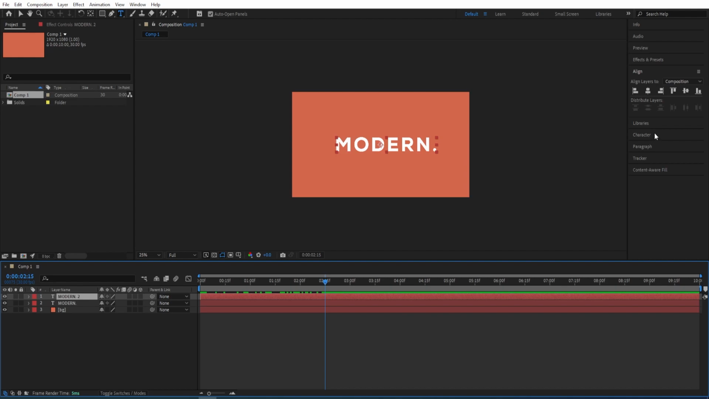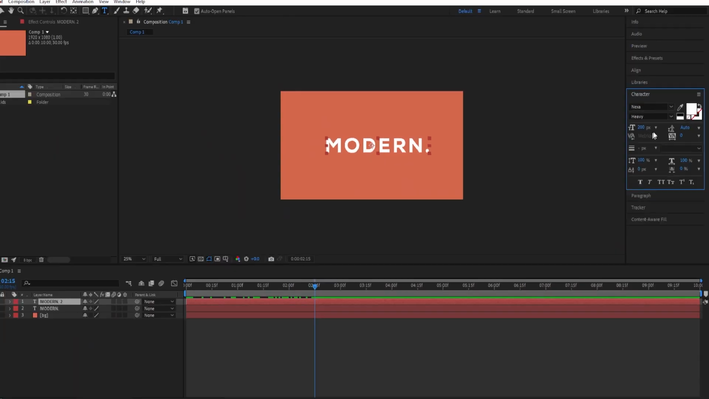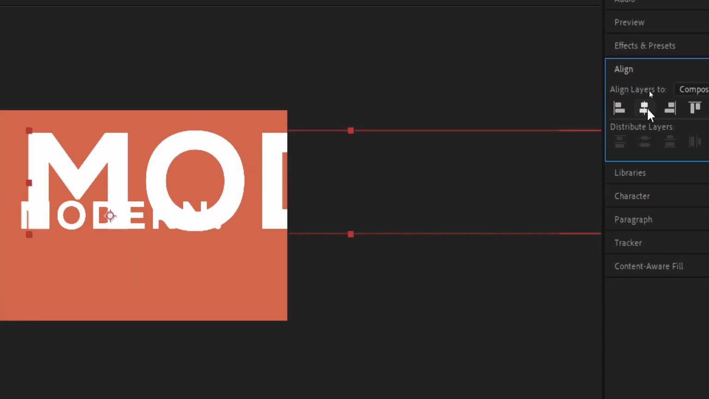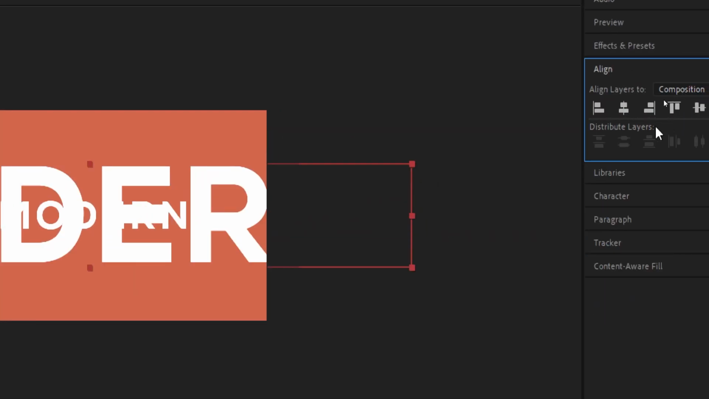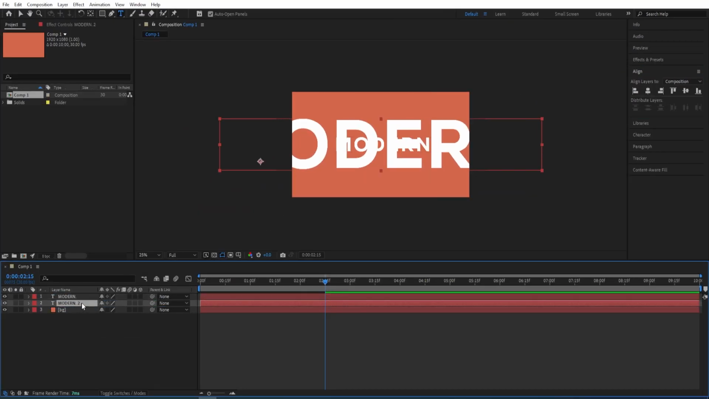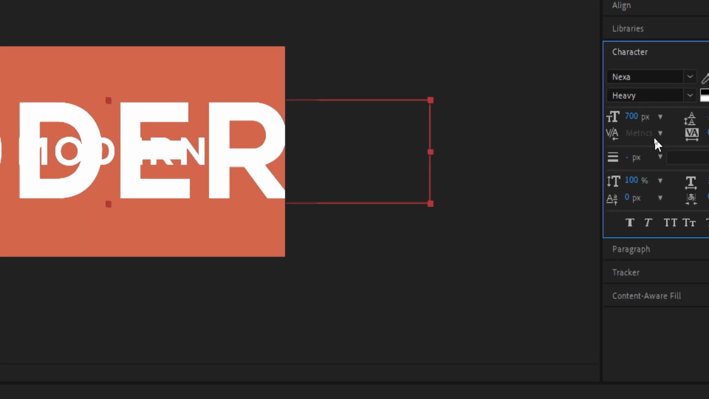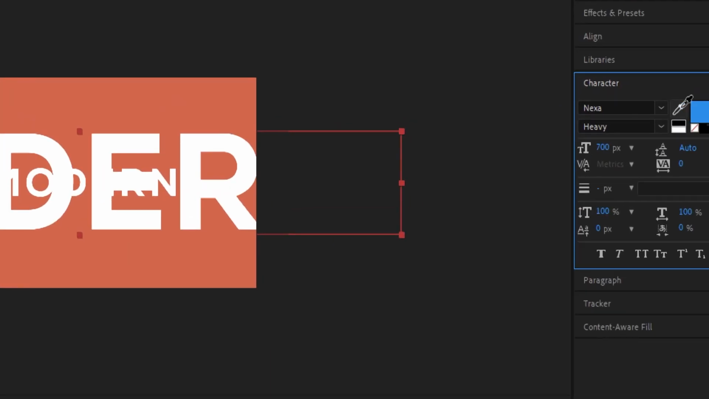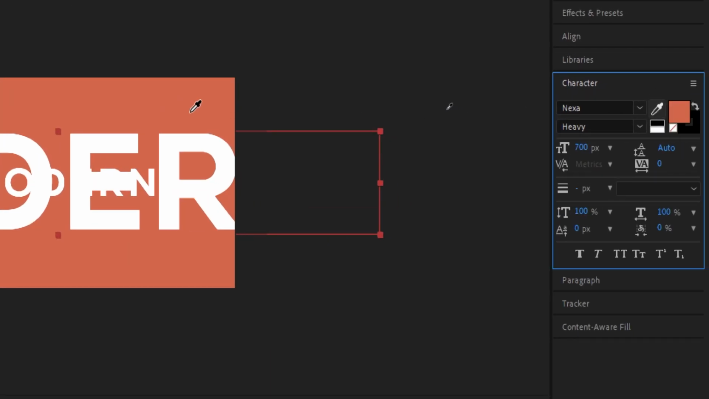So go to character and then change this size to 700. And now we are going to align this into the center as well, and move this down here. Now go back to character, and by choosing this eyedropper tool, we are going to give this the same color as